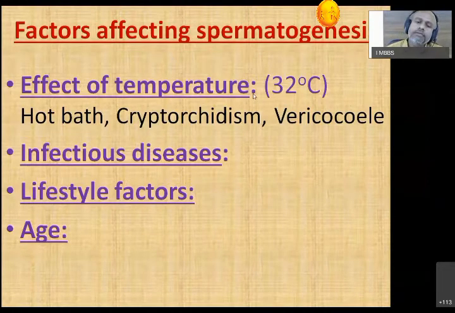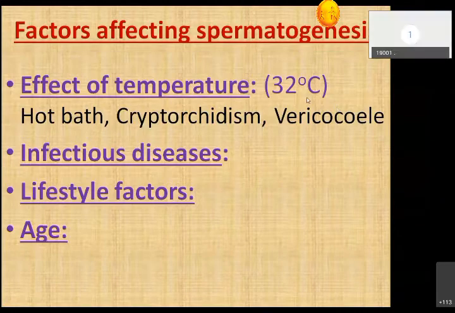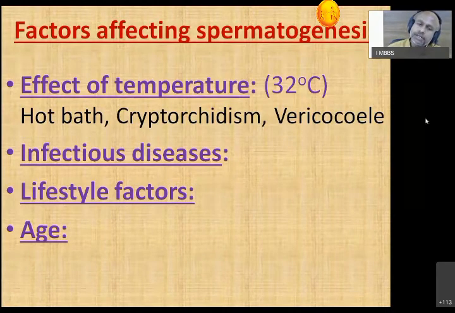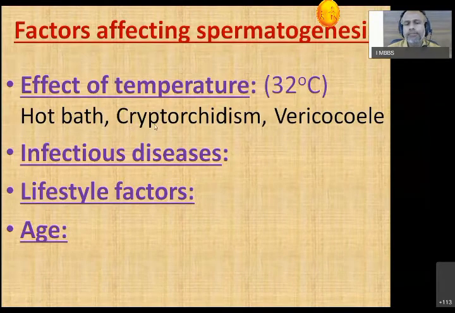This term, I think you are familiar with: undescended testis, cryptorchidism; we'll see it in the upcoming slides. Varicocele: we have seen the pampiniform plexus surrounding the testicular artery, which is supplying the testicles. If the walls of these veins become incompetent, the condition is called varicocele. Temperature regulation gets disturbed. With more temperature, spermatogenesis is affected and the person becomes sterile. We will see cryptorchidism and varicocele in the last slides in the applied part.